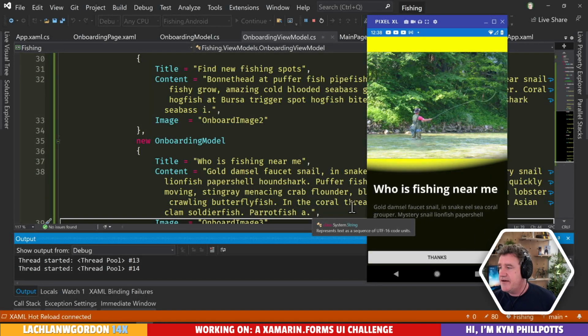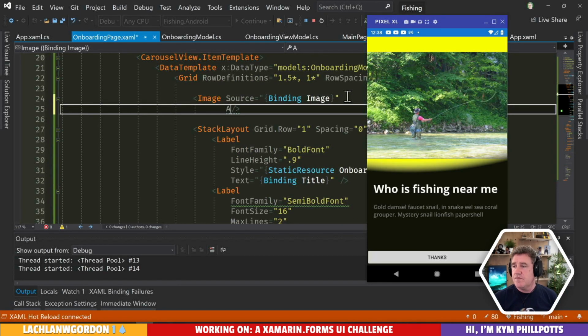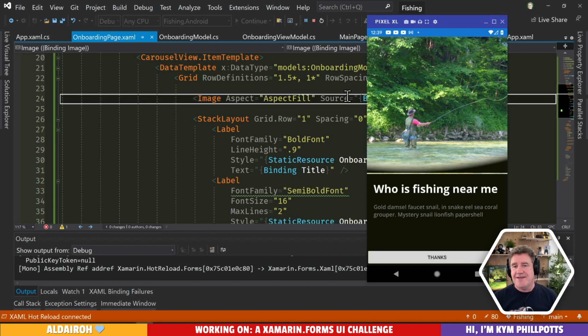you know how we fix that, don't you? I know how we fix that. Aspect. Fill. No, Lachlan, we don't refactor it later. We set that there, and then we